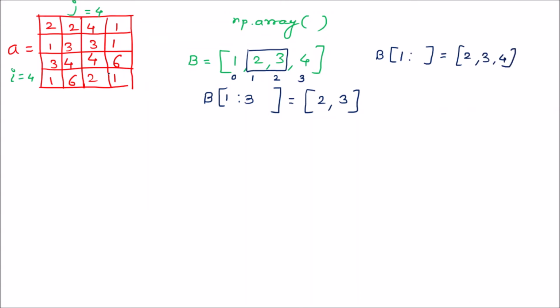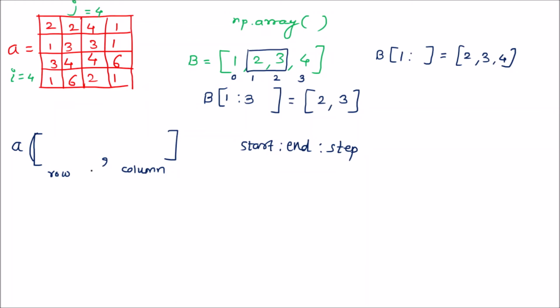Now in the case of a two dimensional array, we can use the same logic for slicing. Suppose A is the array which has I number of rows and j number of columns. If you want to slice this, you have the rows and the columns. For each you have to specify the start, then the end, and then there is a step. So 3 parameters you have to specify for the rows and for the columns.